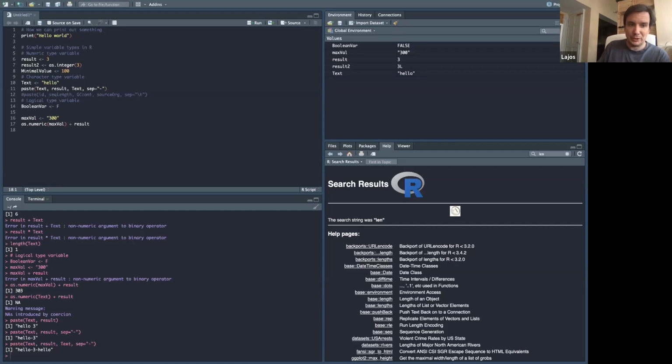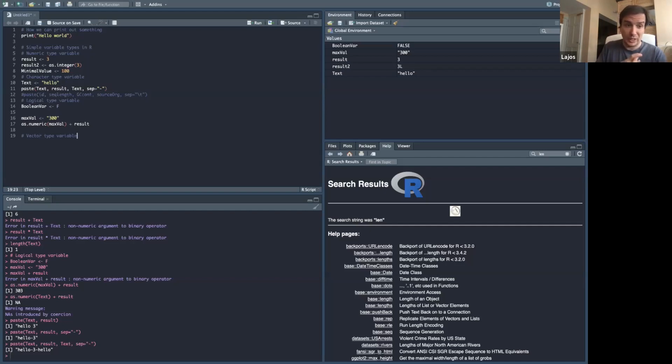Okay, if there's no question, then we will go to the next level, which is called in R the vector type variable. Again, this is how R calls it. In other languages, it can be a list or a dictionary or library or other things. It's not always the same, but for the vector variable, the most important thing, especially in R, first of all, is that it